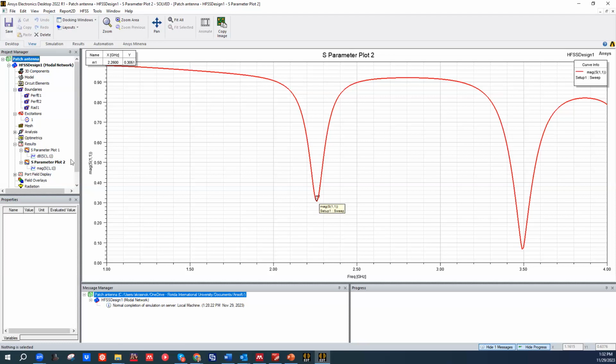So S11 is the first important parameter of any antenna, because it characterizes how the antenna transforms the waveguide propagating field to a free space mode. So basically, the smaller this number at resonance, the smaller the return loss. Okay. And another important parameter is the radiation pattern, basically how the antenna radiates in terms of radiation density in space,